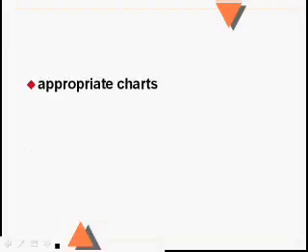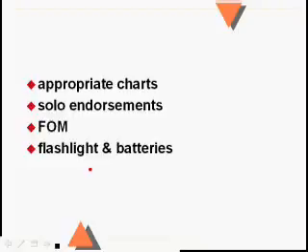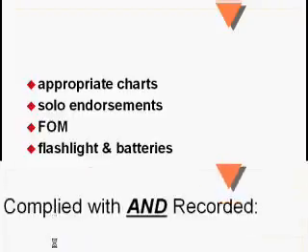Okay, you have to bring appropriate charts with you. Hopefully that's pretty obvious by now. If you're going to solo, you have to have your solo endorsements with you. You could put those endorsements someplace other than your logbook, so technically you don't have to bring your logbook, but you have to have your solo endorsements with you. Embry-Riddle wants you to take the flight operations manual with you, but that's not required by the FAA. But if you fly for a 121 or a 135 operation, you will need to make sure that the flight operations manual is on board the airplane. And, of course, if you're flying at night, you need a flashlight and batteries. And under 121 or 135, correct me if I'm wrong, they have to be D-cell battery type flashlights.